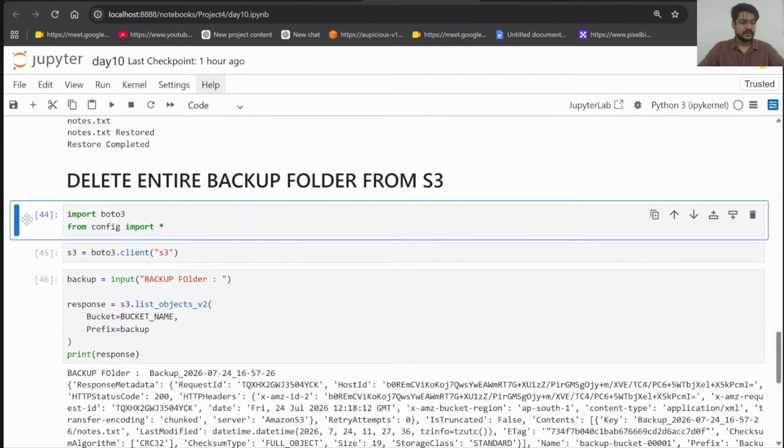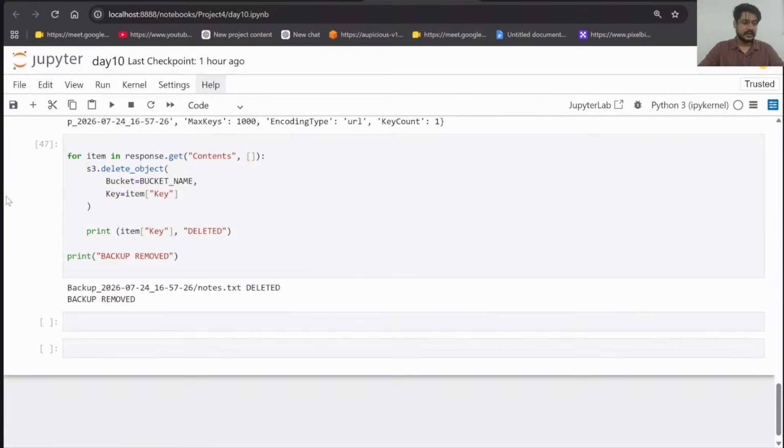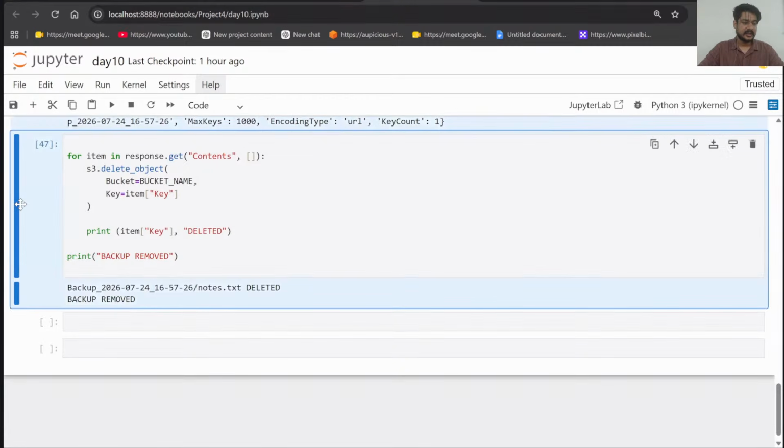Now let me merge all the cells. So we select it from here. Control Shift, you guys can select it, press it, and with Control Shift we press and select it till here.